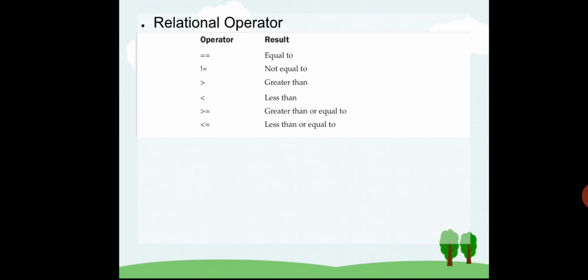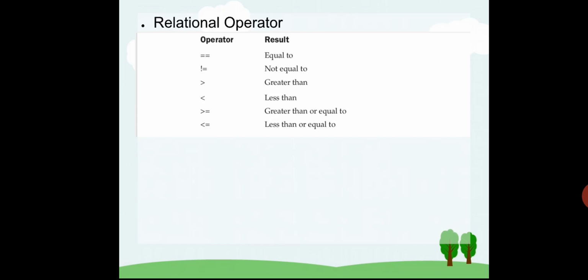All these operators are required for conditional statements, isn't it? If a is greater than 0, or if age equal to 80, or age equal to 50.